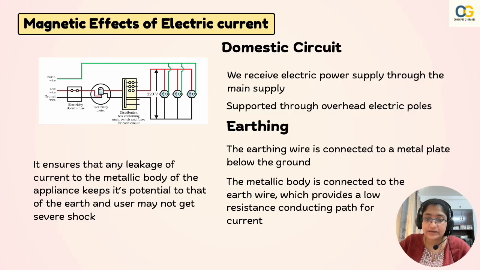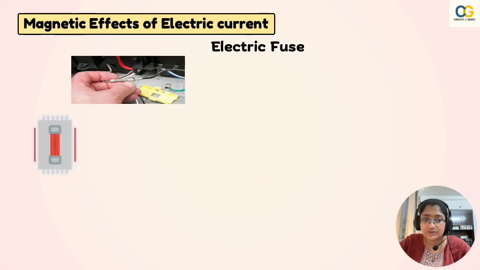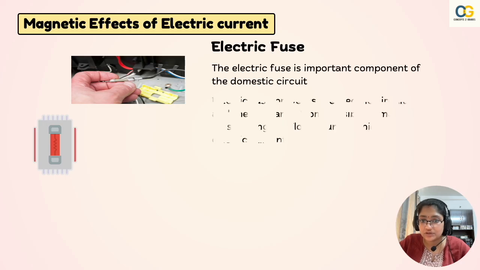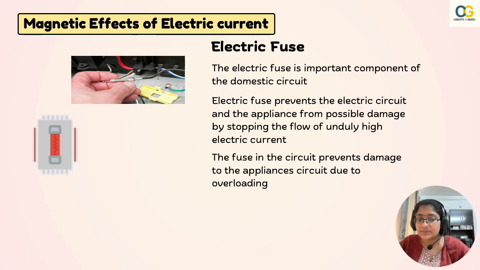It's a safety measure. Coming to electric fuse. Okay, so the electric fuse that you see outside is an important component of this domestic circuit. What happens is it prevents the circuit or appliance from any damage by stopping the flow of unduly high, sudden electric current. If suddenly there's an electric current, it stops that. So what it does is, like we saw the Joule heating effect, it is rated for a defined measurement. So let's say the maximum current that can flow in the circuit is 5 ampere. The moment the current goes beyond 5 ampere, this fuse will melt